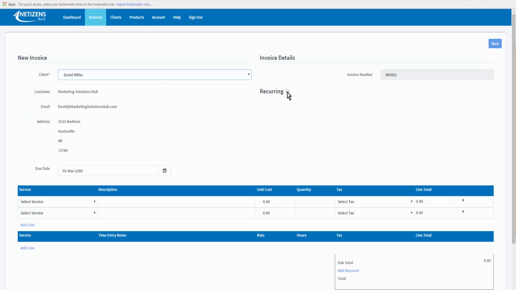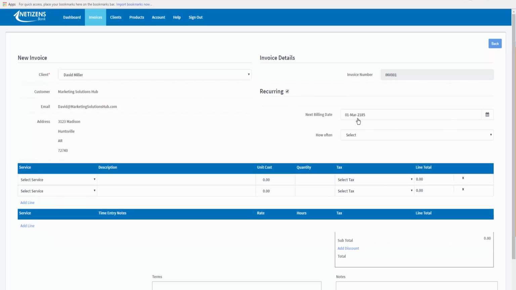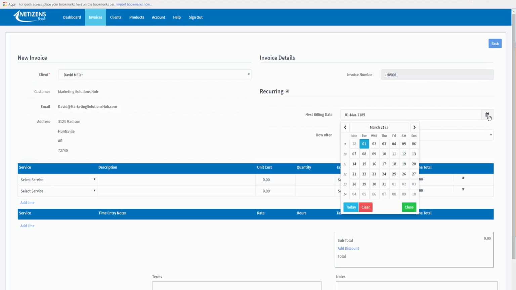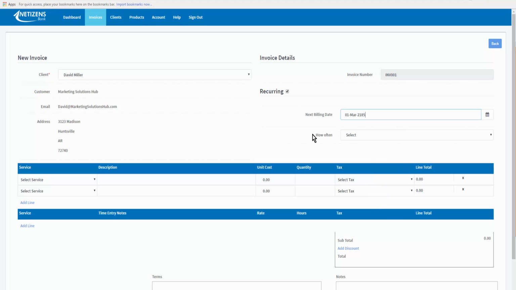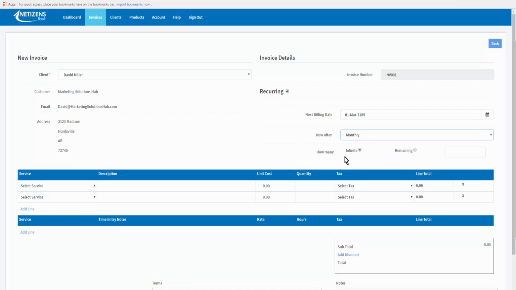And if this is a subscription, then you will click on recurring and it will show the next billing date, or you can click on the little calendar here and select a date from the calendar. And how often is weekly, monthly, or yearly, and this is a monthly subscription and it is infinite. And here are the address details, and we're going to select a service. Secure high-speed hosting. You want to have a quantity of at least one, and we'll select the website hosting tax,